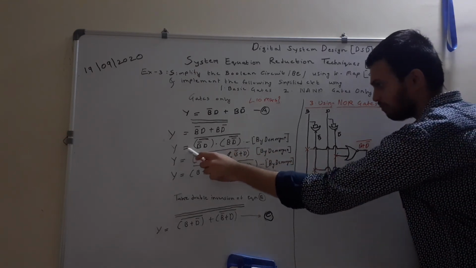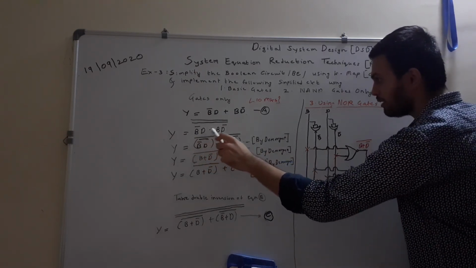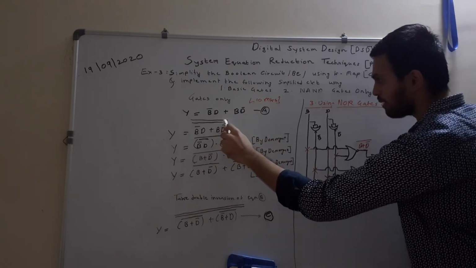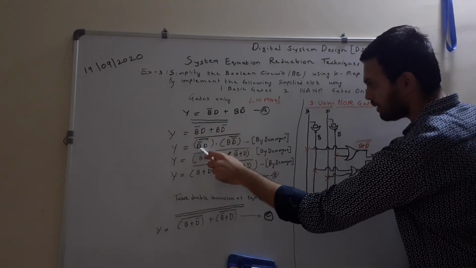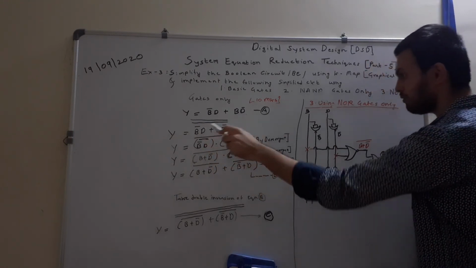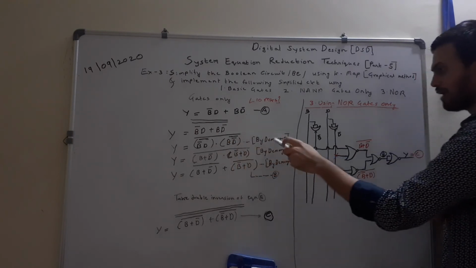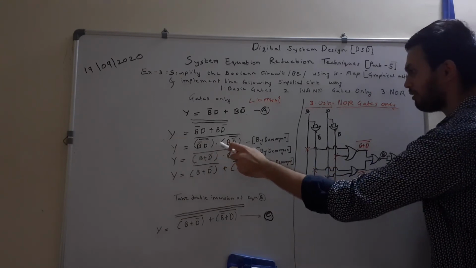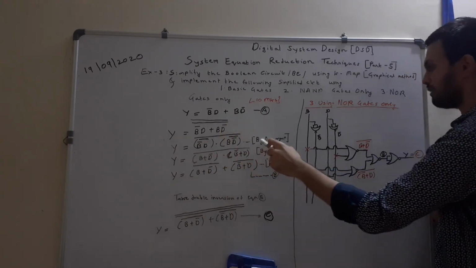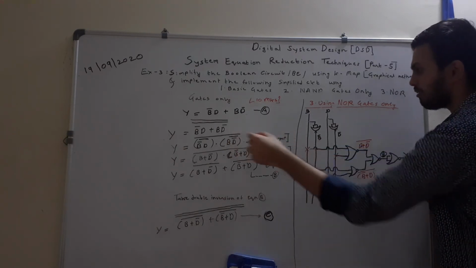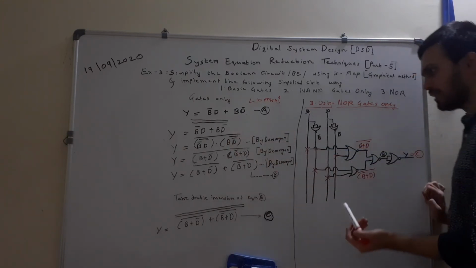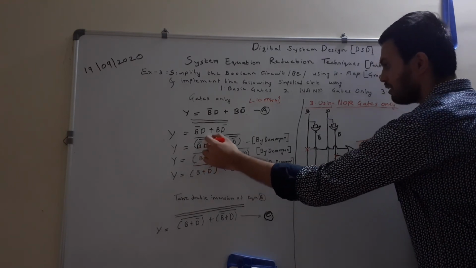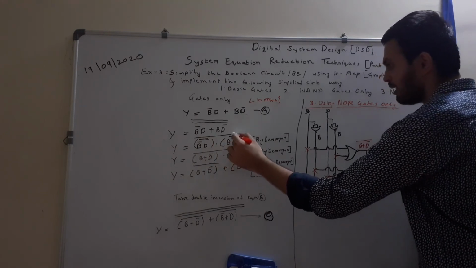In this next step, this was B bar D plus B D bar, the whole complement's complement. So now let us apply De Morgan's by using this inner complement. When we apply De Morgan's, A plus B the whole complement is nothing but A bar dot B bar. So this is nothing but B bar D complement dot B D bar complement, whole complement. So we simplified the inner complement using De Morgan's.